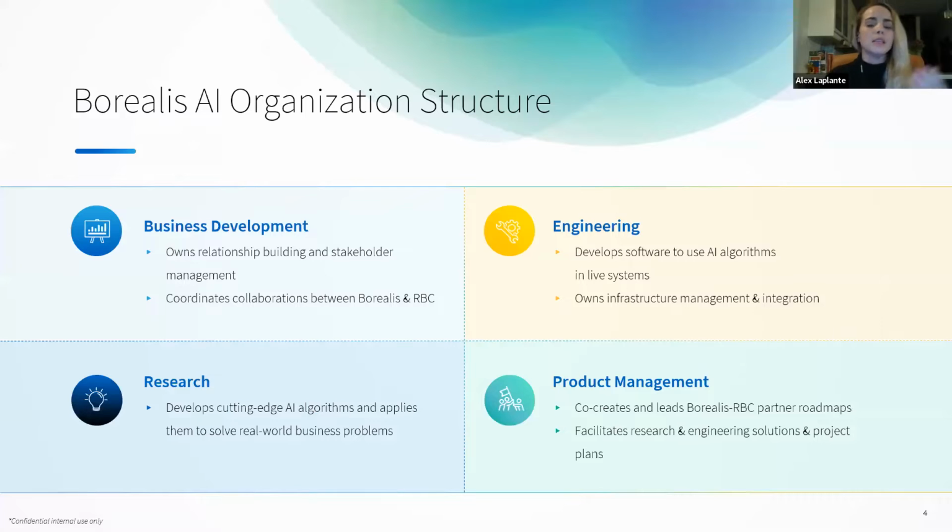So in terms of our team, every single product team that we have at Borealis has 4 functional teams that it's comprised of. Research, of course, is kind of like our data science team. They're a little bit different, obviously, as they are researchers, but they're really responsible for developing all of our algorithms. So when we're looking to build out a candidate model for production, that really starts with our research team. Once we have a model, they pass that over to our engineering team, who of course takes that model and builds it into software, and then it also deals with everything in terms of production and integration.